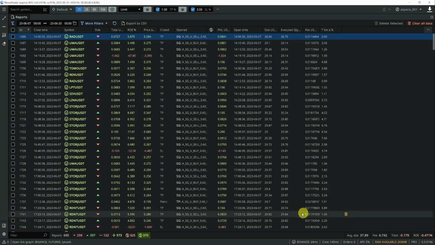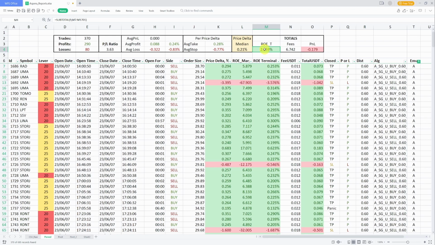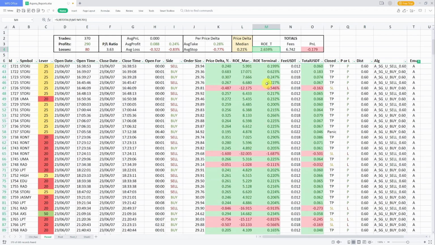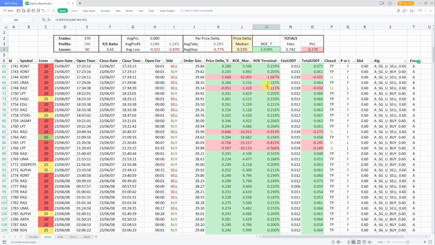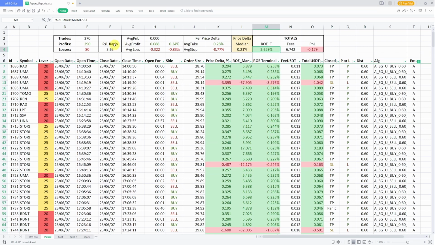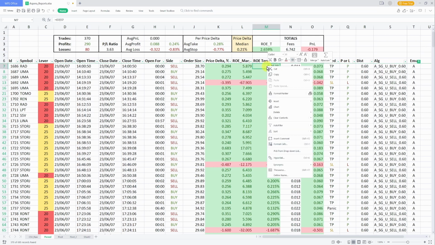If we go back to the terminal, here this number is minus 0.471, and it's negative, as you would expect. But here it is positive. And I tried to figure out what's happening here, and I ended up thinking that it is because of rounding. There are just so many transactions here, 370 to be exact, and all of them are with a very large degree of accuracy. I have here only the 3 decimal digits displayed, but in reality